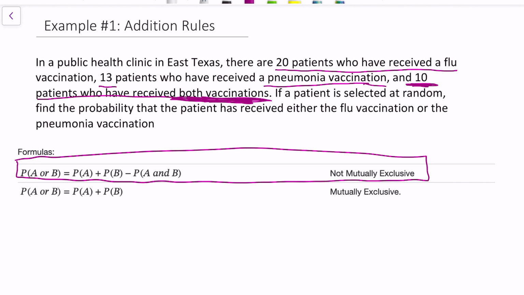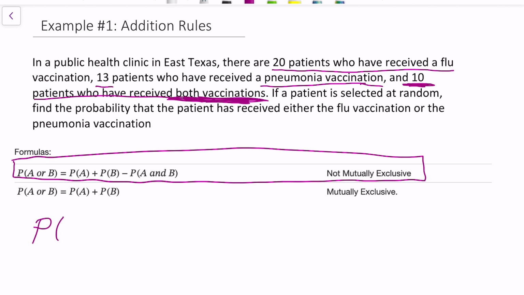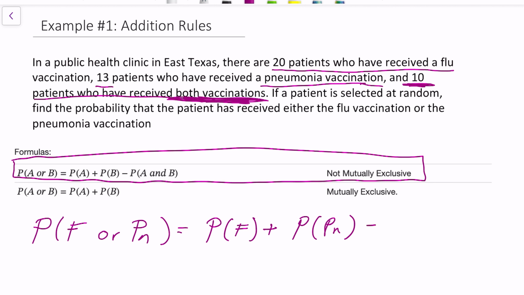So from here, let's actually write our formula in the context of the problem. Probability that they got F for flu vaccine, or say PN, so we don't get it confused with the P for probability. So probability that they got the flu vaccine plus the probability that they got the pneumonia vaccine minus the probability that they got both of them, F and PN. There you go. So the probability for this one, it would be how many patients got the flu vaccine,